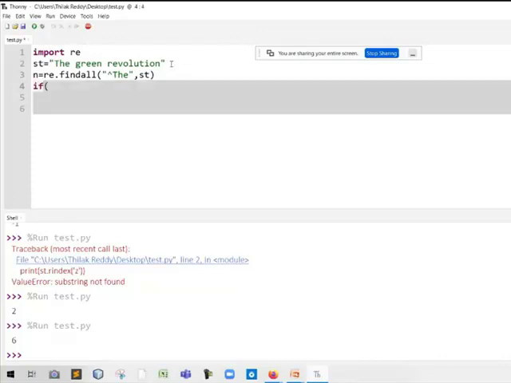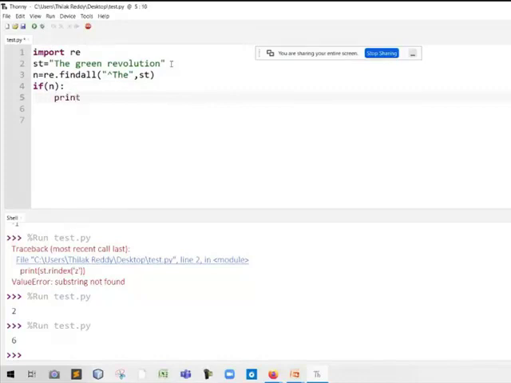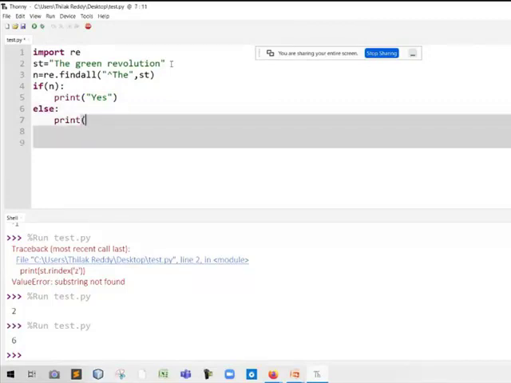If n, this condition is true, print yes, it is found. If this condition is false, then it will go to the else part and print no, it is not found.